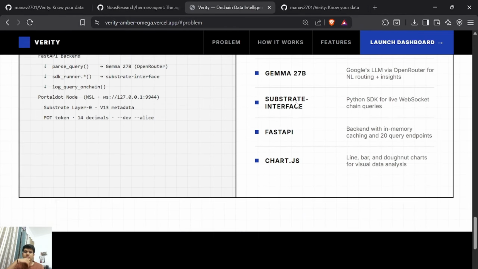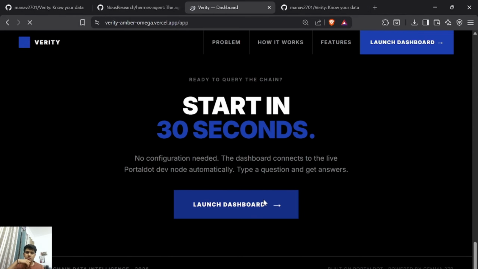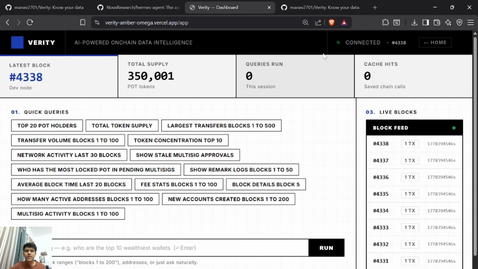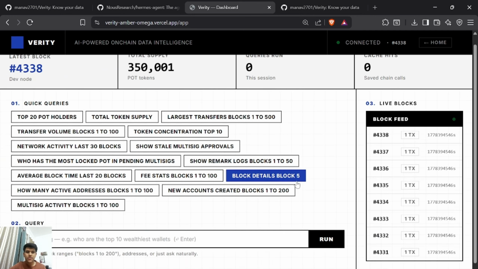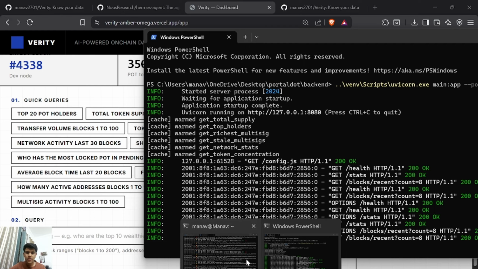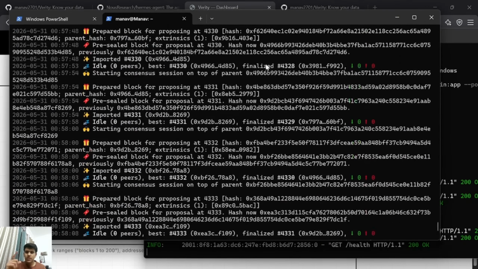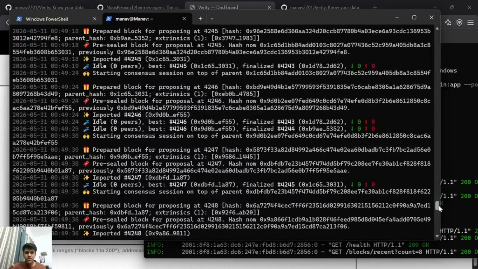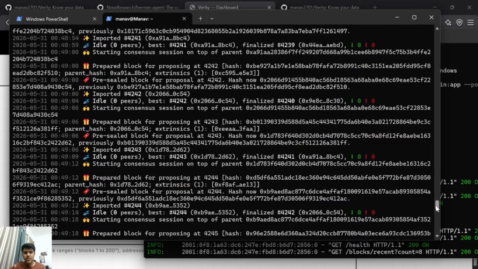So this is the infrastructure, and we can launch the dashboard so that I can show you everything. Here we can see that the latest block right now is 4338. The chain has been running on my local computer, as you can see over here, on my WSL.